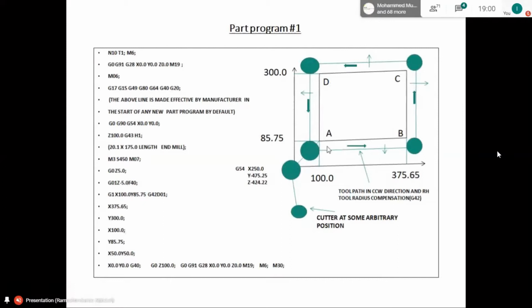Let us summarize once again. The cutter from an arbitrary position has come in rapid motion toward X0, Y0.